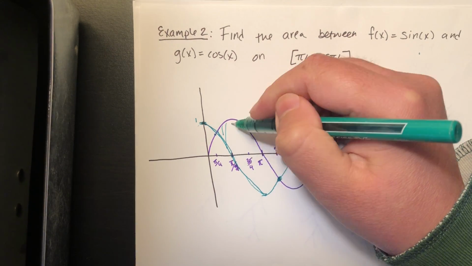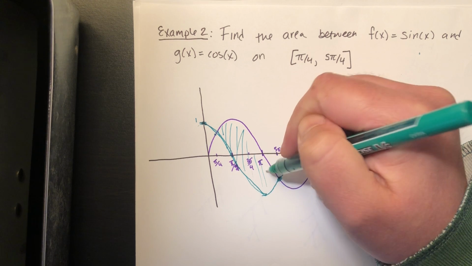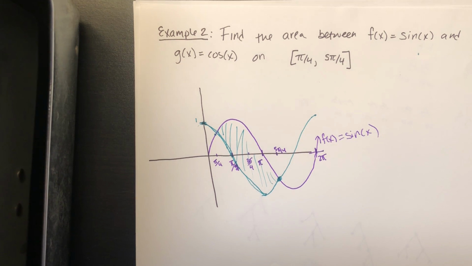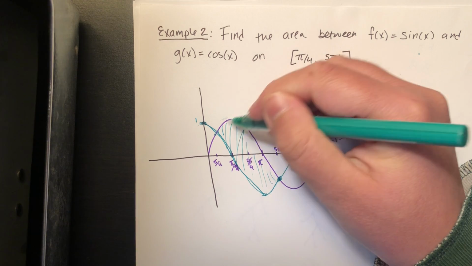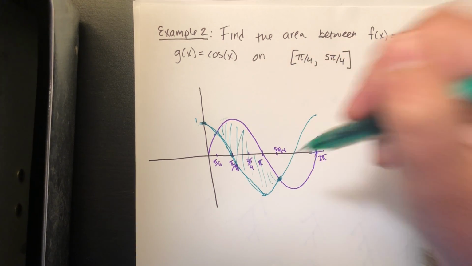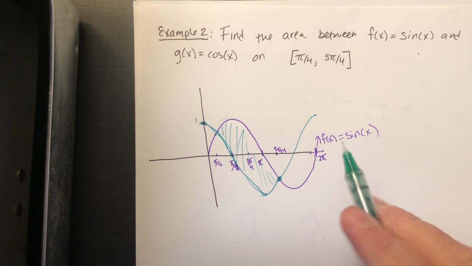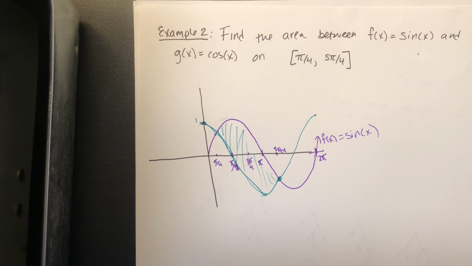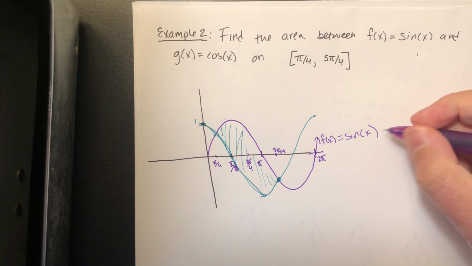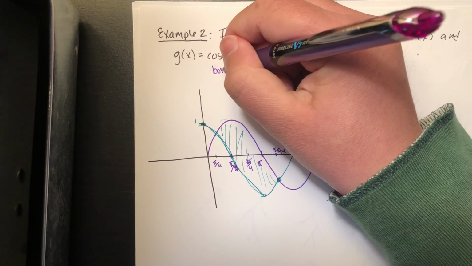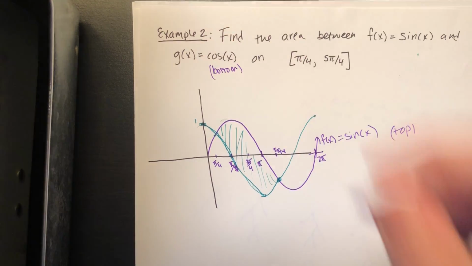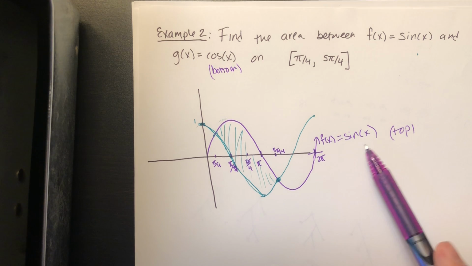And so we're just looking for this area right here that's trapped between them. So which function is on top here? Your top function is going to be the purple one. Whichever one the purple one is, that's the one that's up above, below the green one. And so that's going to be the function sine of x. So here, my top function is sine of x, and my bottom function is cosine of x, at least on this interval. After that they switch, but on this interval, sine of x is the top and cosine of